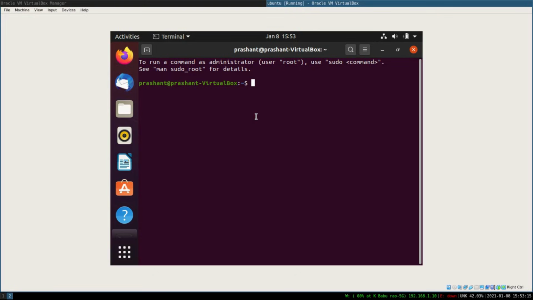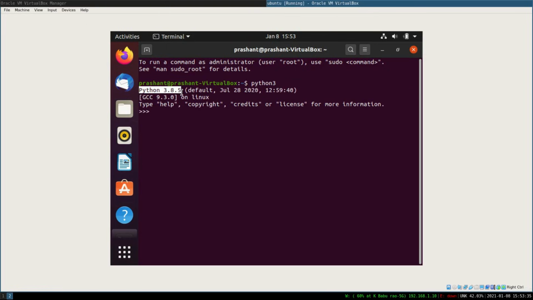This is where we will check if Python is installed, and we'll check the various ways to work your way around Python. Ubuntu 20.04 comes with Python installed by default. If you just type in python3 and press enter, you will get this interpreter. You can see the version here, Python 3.8.5. This is the interpreter for Python, so you can type in your commands and see what happens here.